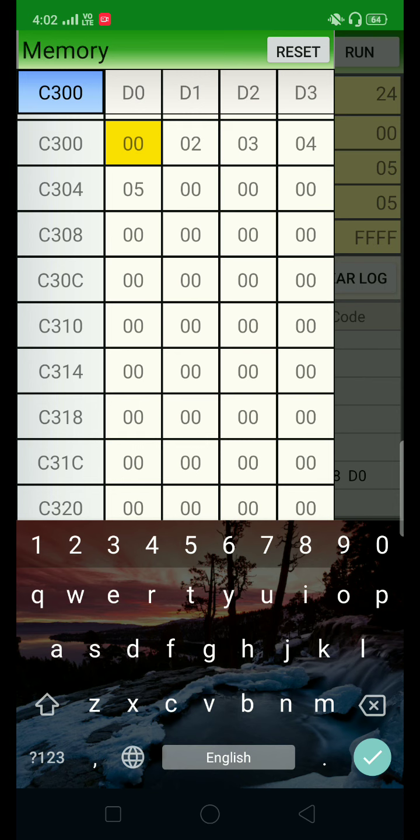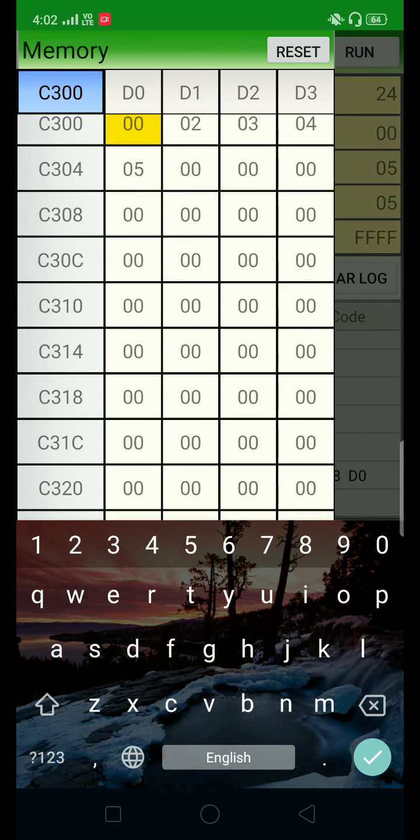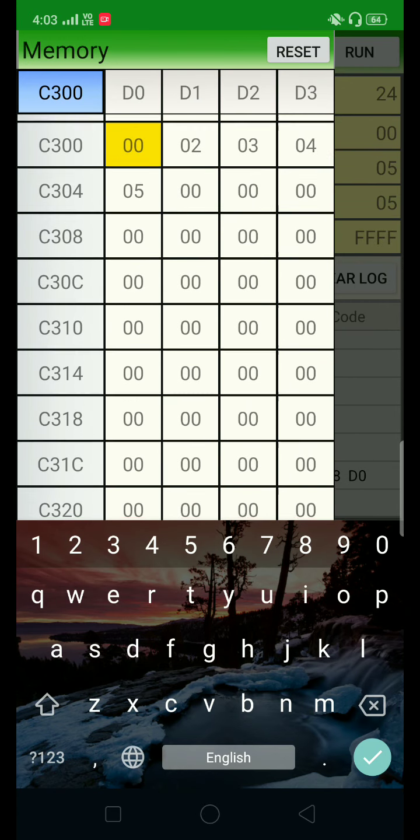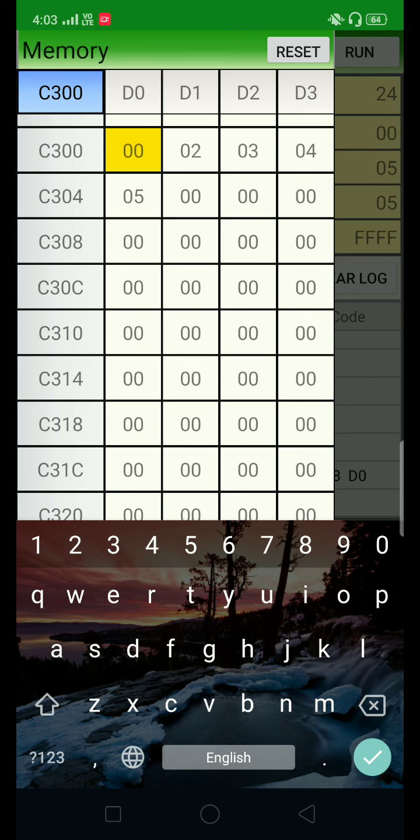Why? Because while storing the data in the memory, I mistakenly selected the C300 memory location. So that location got skipped by the program, and the next memory location contents are available.